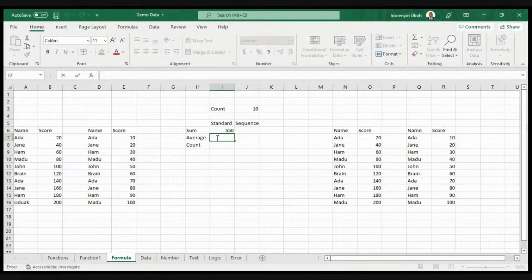So I come here, I said, okay, I want to do the average of this particular data set. So the same thing, I get my formula, my average formula, the same range. That average is calculated.